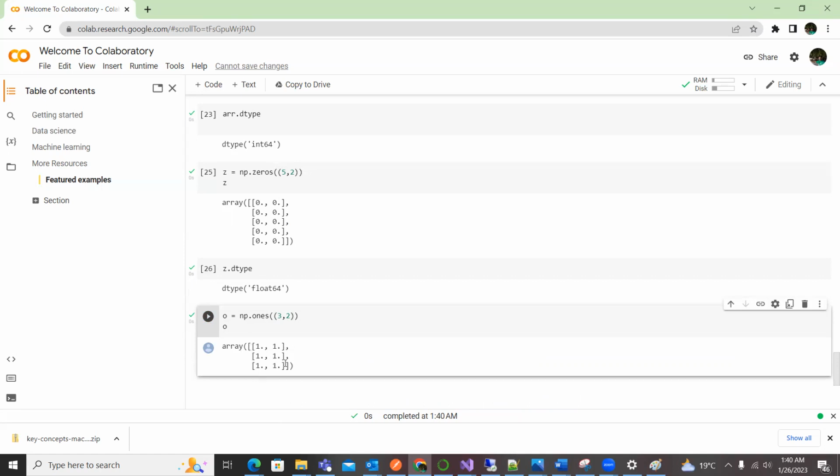So we will continue with more stuff in NumPy, and that is going to be covered in the next sections. So for the first session, I think we are good enough to